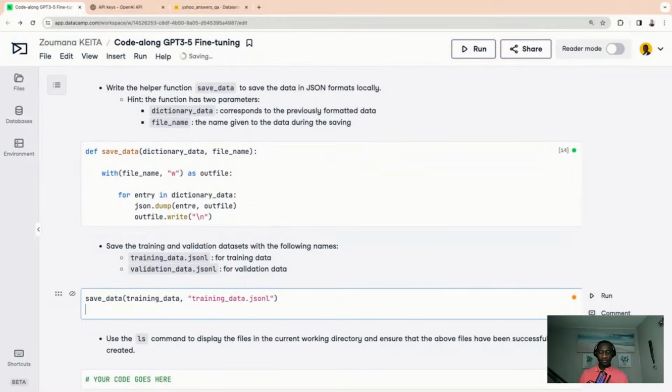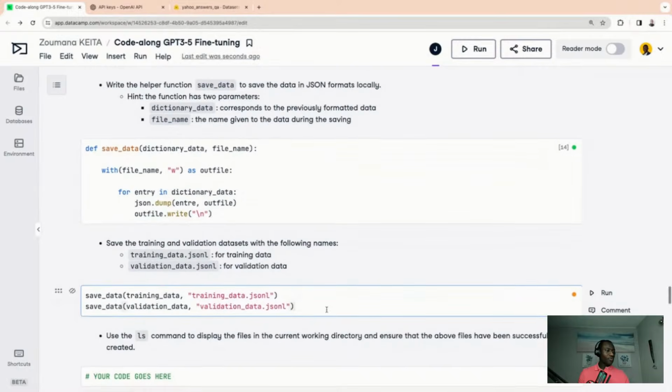Save data, validation data, and we give a name: validation_data.jsonl. So the reason why we're using JSONL and not JSON is because there is a specific